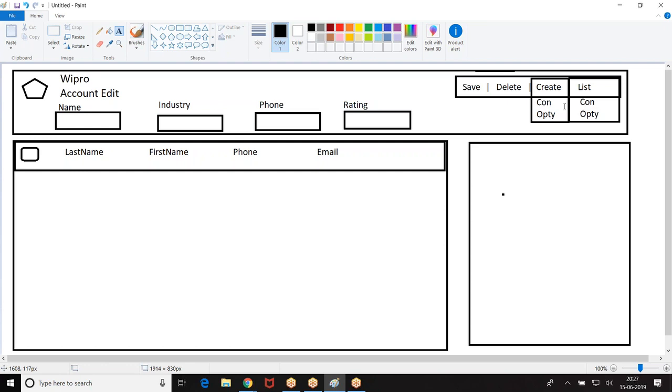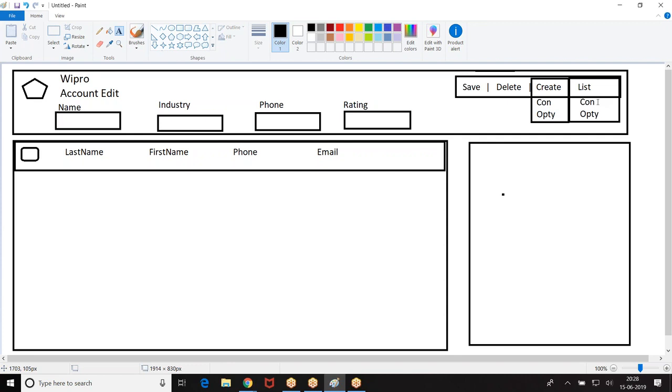How do you get the account ID? Now, if I click on the contact, I have to get this account's contacts. If you take force:recordData, v.recordId will be the current record ID. If I pass that record ID as a parameter to the third party, they will give me a list of contacts. If I pass that record ID, they will give me a list of opportunities. Are you getting my point?